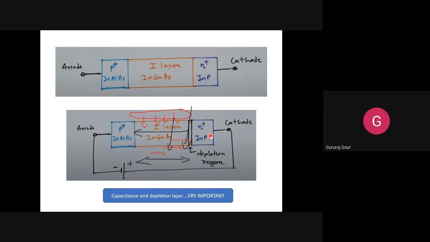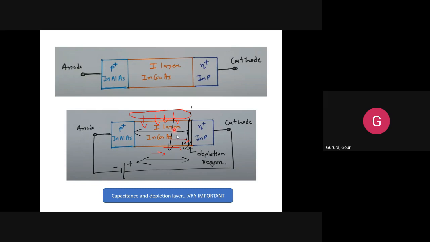We want more photocurrent, current contributed by the photons. We want more photons to be detected, not fewer photons. At the end of the day, we want more current to be contributed by the photons, not by the carriers. Means in reverse bias condition, we are getting more contribution of the current by the photons.